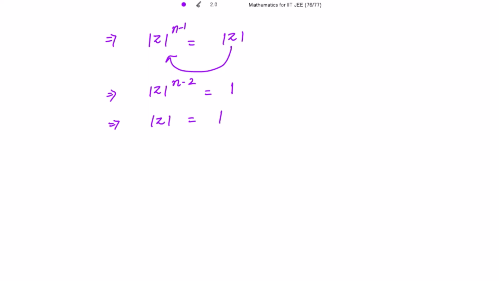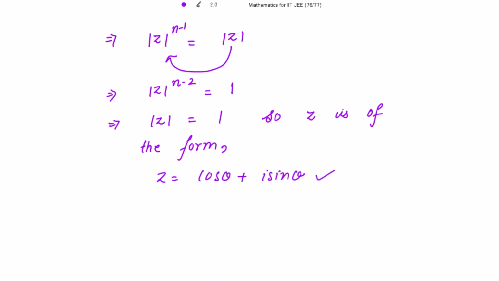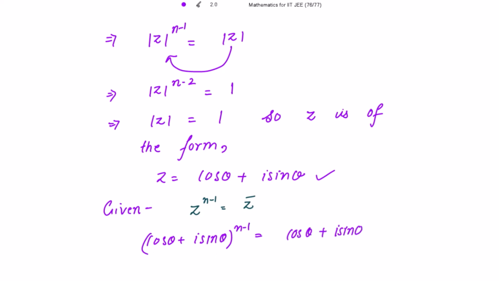Now when mod of z is equal to 1, z is of the form, in the polar form, cos theta plus iota sine theta. Let's put this value back into the equation. The given equation is z to the power n minus 1 equal to z bar. So let's put z equal to cos theta plus iota sine theta. So this becomes cos theta plus iota sine theta, the whole to the power n minus 1, equal to the conjugate of cos theta plus iota sine theta,